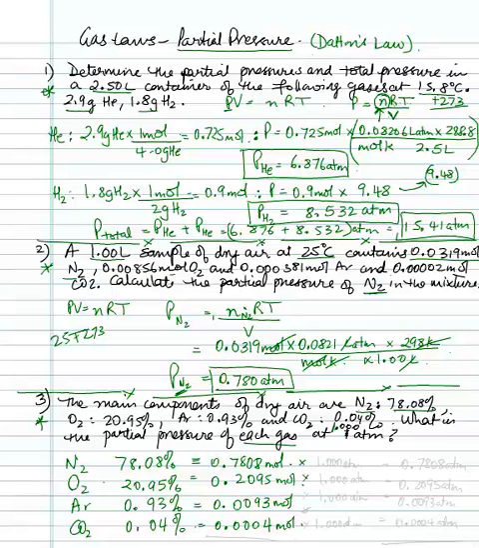Since the totality of the pressure they're exerting is 1 atmosphere, we just have to multiply each of these by 1 atmosphere. Really easy. 1.000 atmosphere, 1.000 atmosphere. And so therefore the pressure that is exerted by each of these is actually also equal to the moles, which is 0.7808 atmosphere, 0.2095 atmosphere, 0.0093 atmosphere, and then